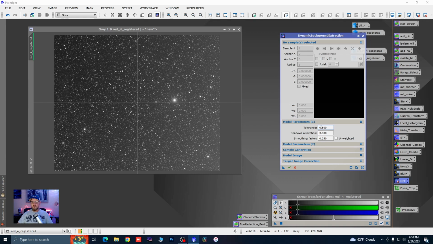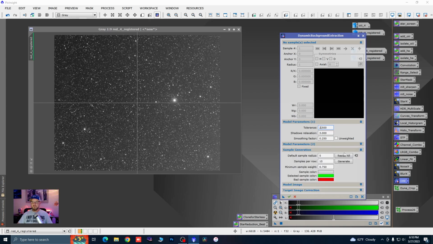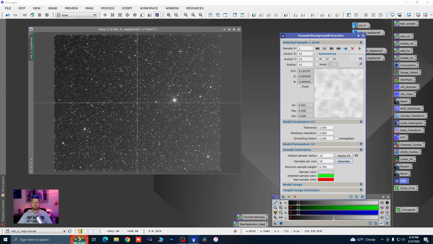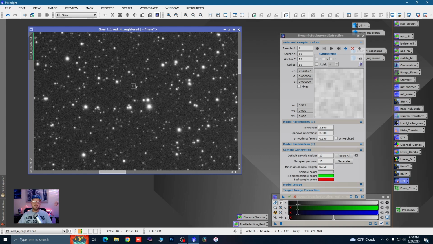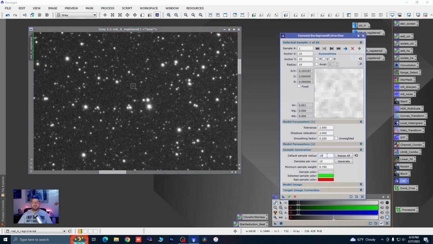we're going to be more tolerant. We come to our tolerance and bump that up to 2.5. In sample generation, we'll drop that down and probably increase the box size. The samples per row, we're going to set pretty heavy at 10, and all the rest stays the same. Let's say generate. As you can see, we've got some pretty small boxes here, so let's bump those up to maybe 15